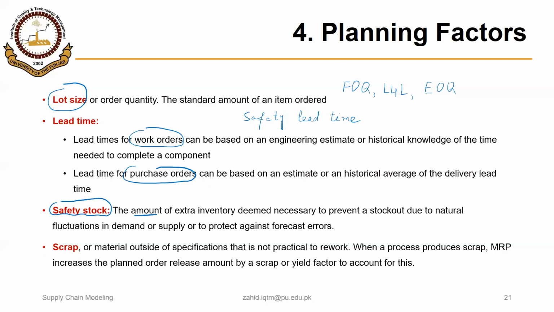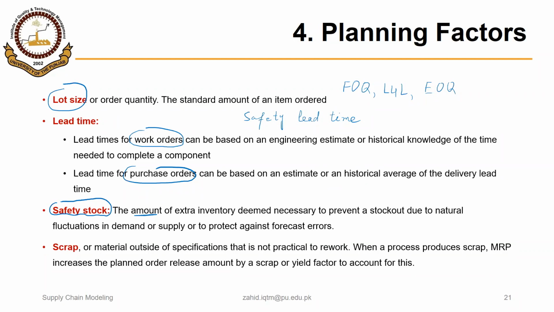Instead of ordering that part 4 weeks before it is required, you can order it 5 weeks before it is required. And safety stock relates to the amount of extra inventory deemed necessary to prevent stock out due to natural fluctuations in demand or supply, or to protect against